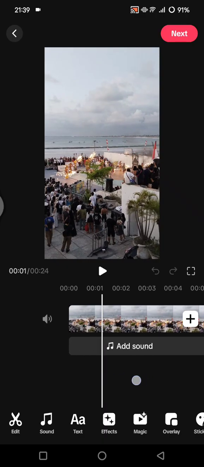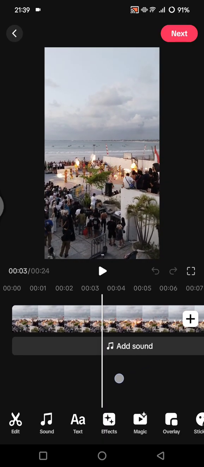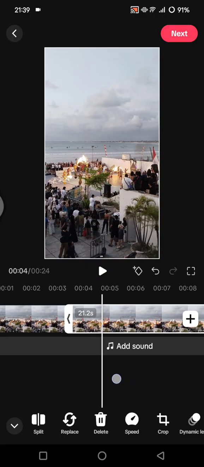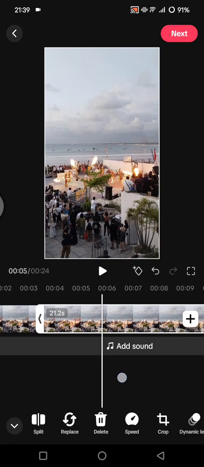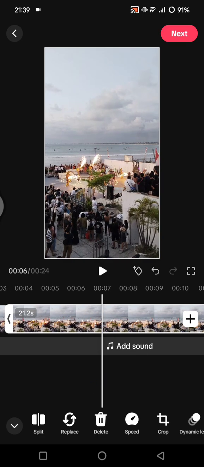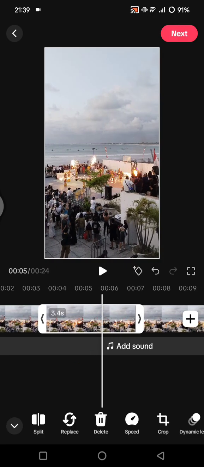So just go to where you want to mute the video, and then you can click on the video on a timeline and tap on split, and then go to where you want to end the mute part. So for example, I'm going to mute until here. Click on the split again, and now choose the part of the video that you want to mute, and in